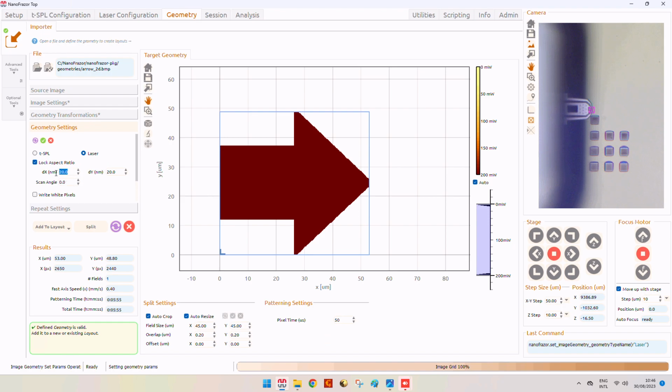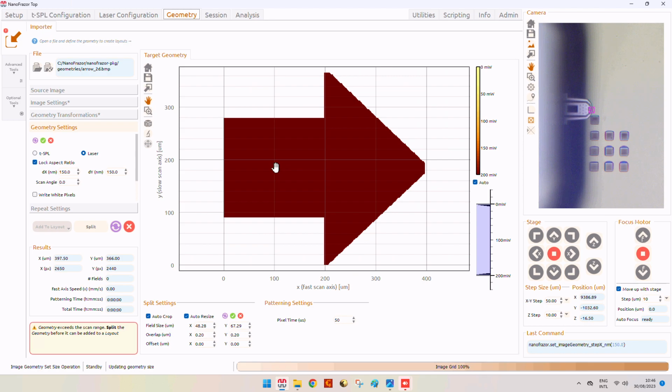And we can make larger pixel sizes. Let's say 150, 150. This also increases the dimension of our design. We will see later also the difference between importing a JPG file and a GDS file.